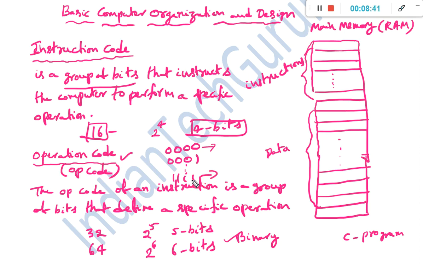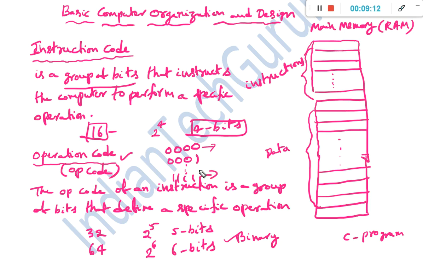What are the different operations? Already we discussed them in the previous chapter. Add operation, subtract operation, shift right operation, logical AND operation. So the operation may be either an arithmetic operation, a logical operation, or a shift operation. So to perform any of these operations,